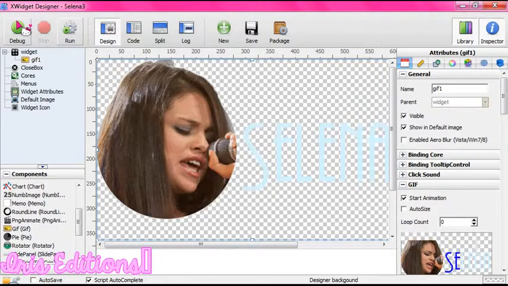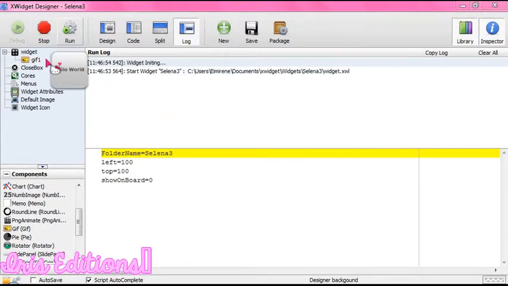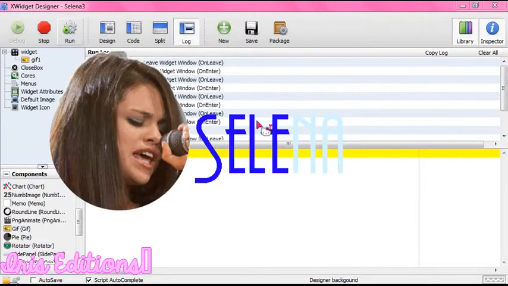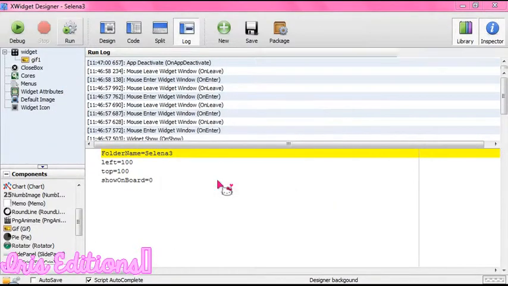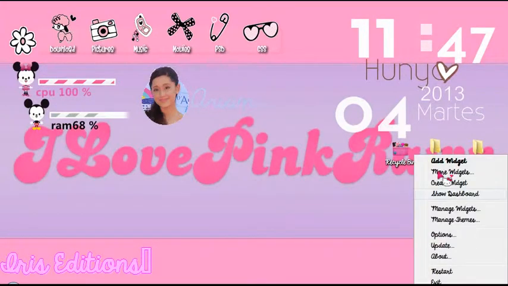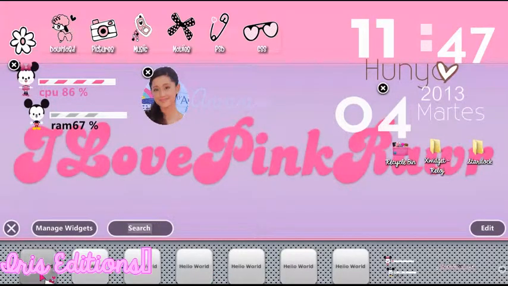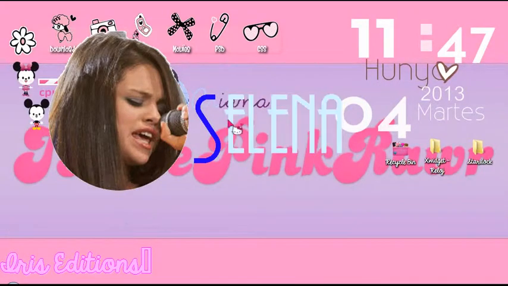Then that. Go to debug and wait until it loads to make it start. There we go. Then make X and you can save changes. Then now go to X widget and add widget. And telemetry. And okay. Then